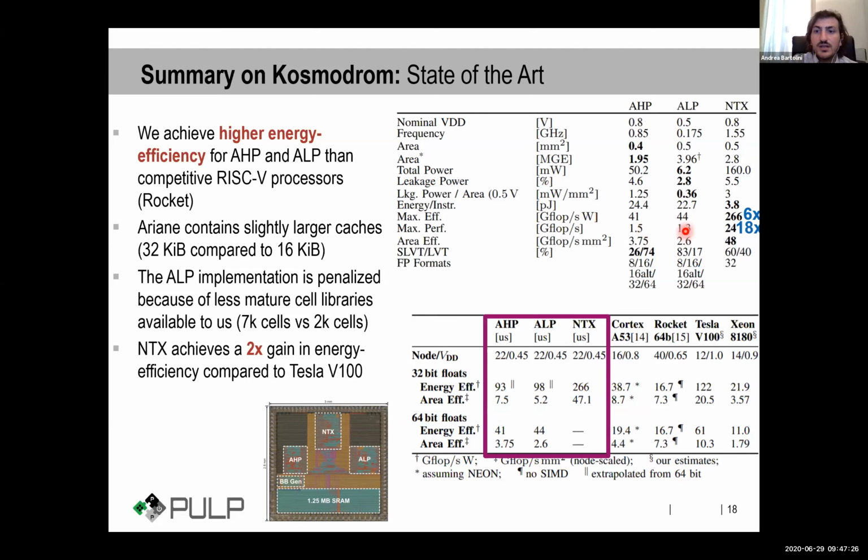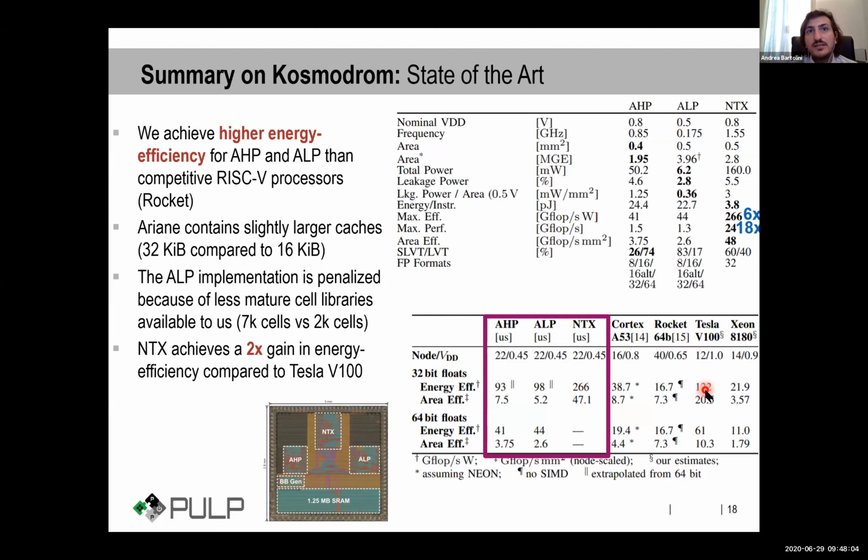And the energy efficiency of NTX is 6x higher with respect to Ariane, reaching 266 gigaflops per watt, which is more or less double the energy efficiency of a Volta V100 in doing tensor core operations.